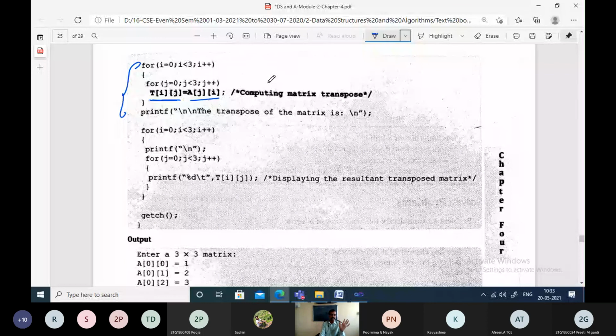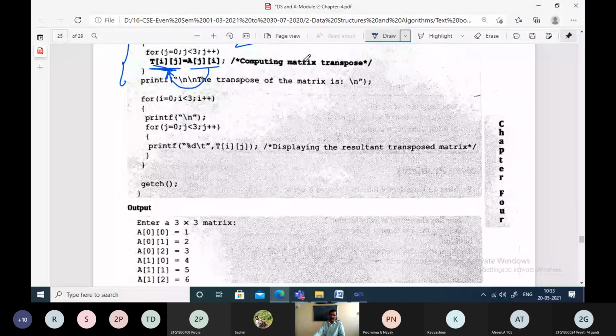That is also the same. Every column element in the matrix will be taken as a row element. Just ij will be made as ji, then it will become ij in the transpose. Row becomes the column index, column becomes the row index, and that is how we find the transpose.